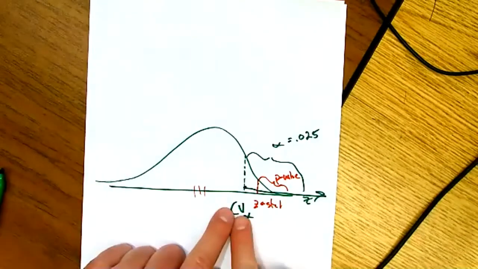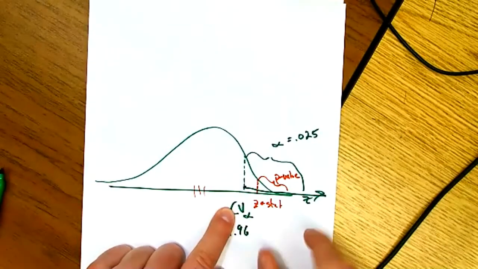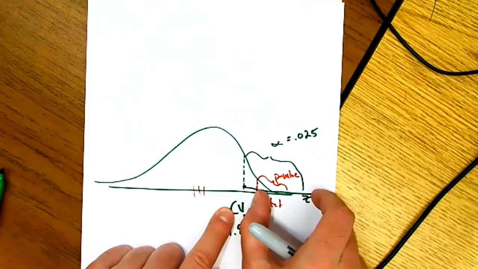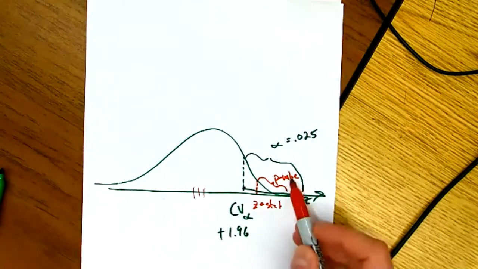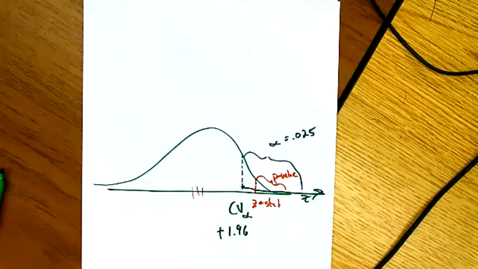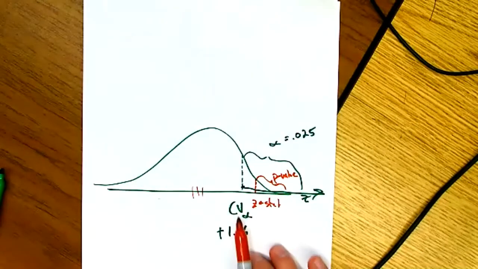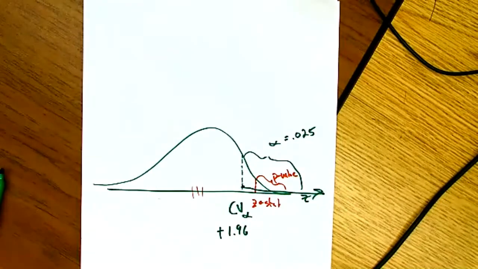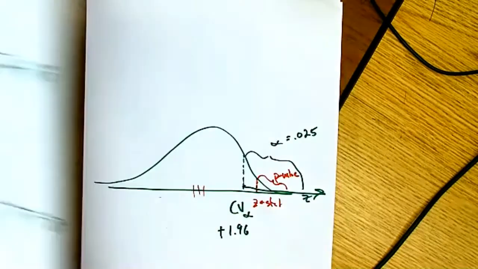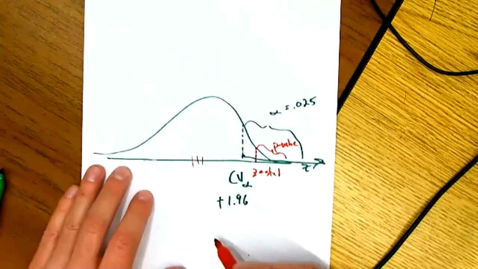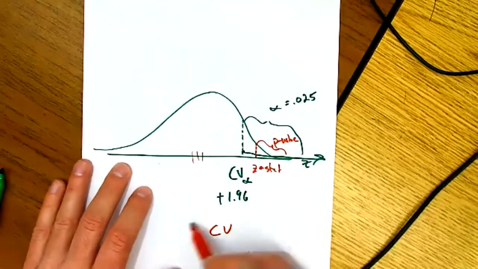So any test statistic I see past this point is going to give me an area smaller than 0.025. And if I only reject when the p-value is less than alpha, I'll reject. So any test statistic that's larger than my critical value, I can reject. And here, when I take the absolute value, it doesn't change anything because they were already positive. But here it's that, okay, if my